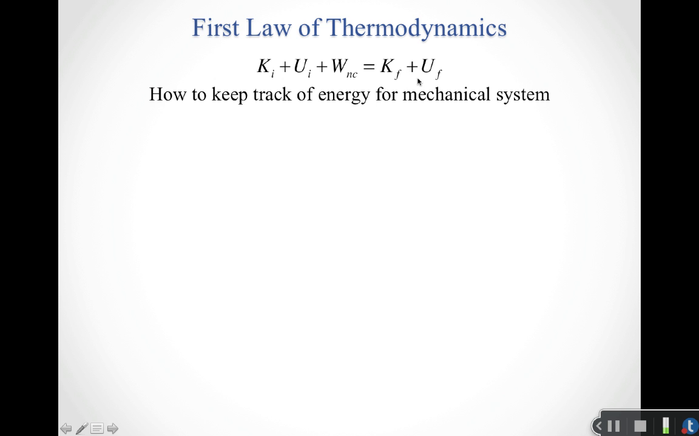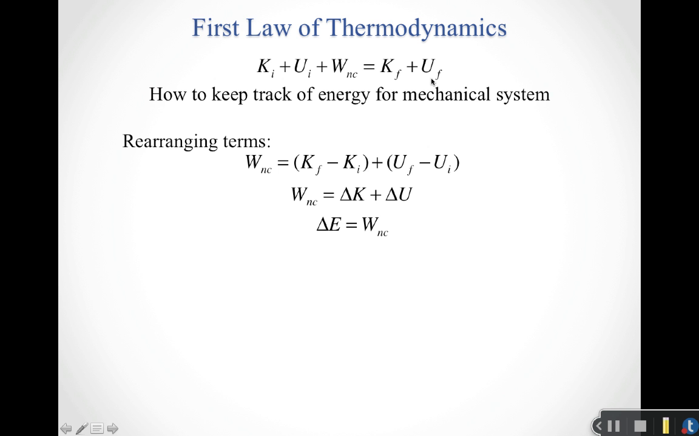We said we can keep track of the kinetic and potential energy at some initial point. You can keep track of the kinetic and potential energy at some final point, and then you can keep track of the work done by non-conservative forces as it goes from the initial state to the final state. And so if we rearrange these terms, we basically just take these two initial terms and bring them over the other side, then I notice what I get is K final minus K initial,